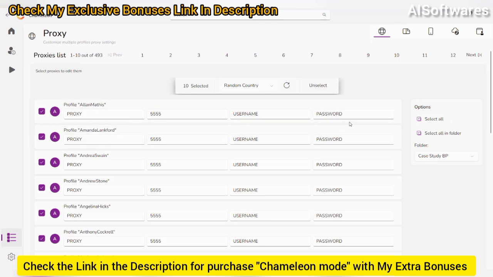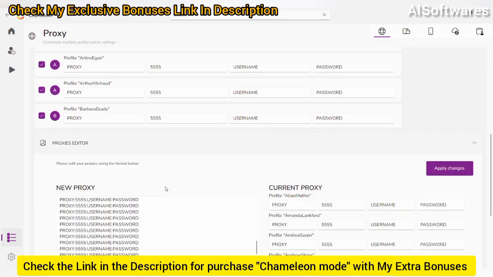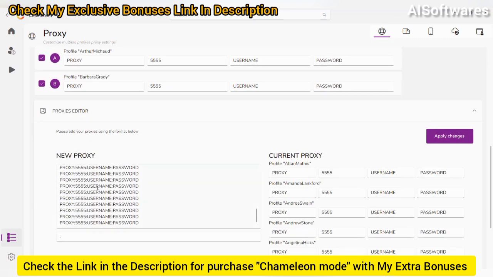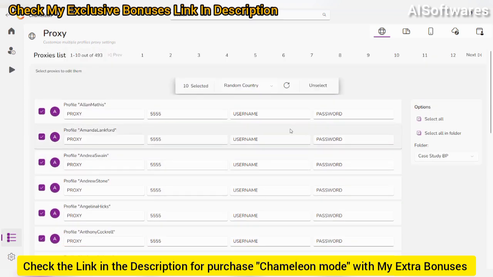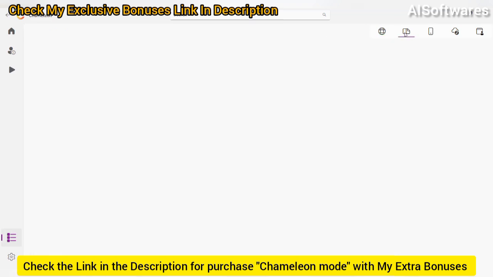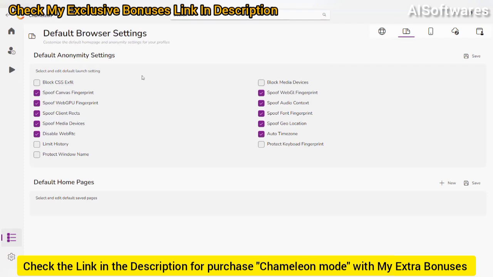And how you change the proxies is you just select them there, and then you go underneath, scroll down, add your proxies in there, and then hit apply changes, and then it will go ahead and update all of the proxies. The next tab over here are the default launch settings. This is your anonymity settings. This is our default settings, so we found this to be the best overall settings, but you're completely free to mix and match